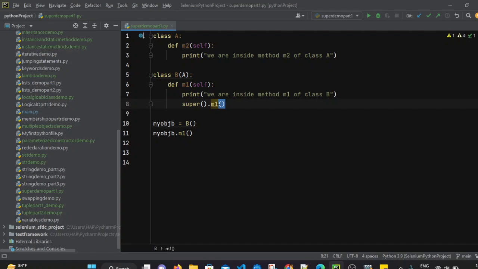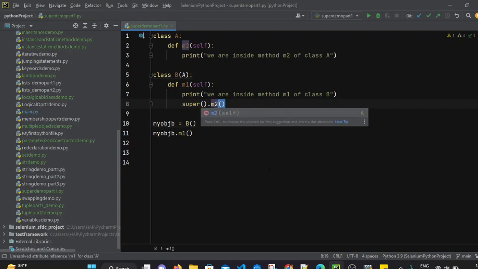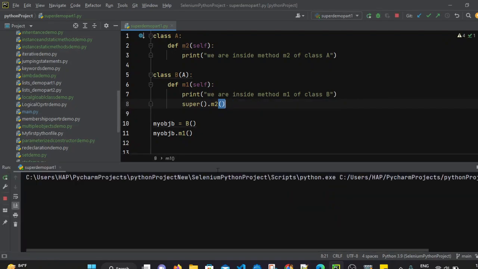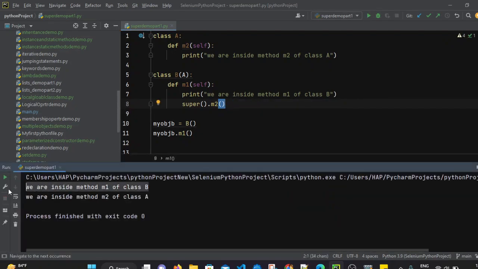We can simply use the super function with m2. This will invoke the m2 method, which is present in class A. So it should print the first statement from m1 of class B, and then it will invoke the parent class method, super.m2. So using the super function, we can invoke parent class methods as well.